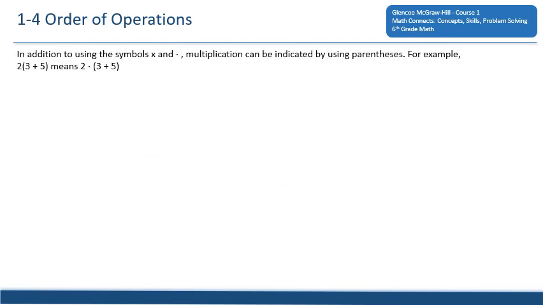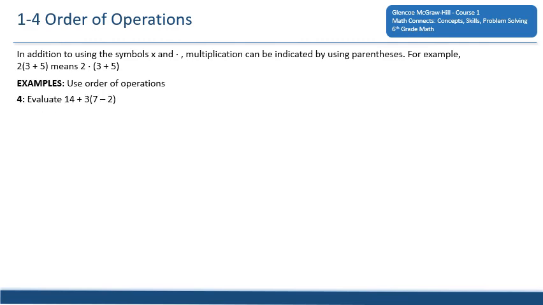In addition to using the symbols X for times and the dot, multiplication can be indicated by using parentheses. For example, 2(3 plus 5) means 2 times (3 plus 5). And I just talked through that, the last problem on the previous slide, with the exponents inside the parentheses. So what that means is